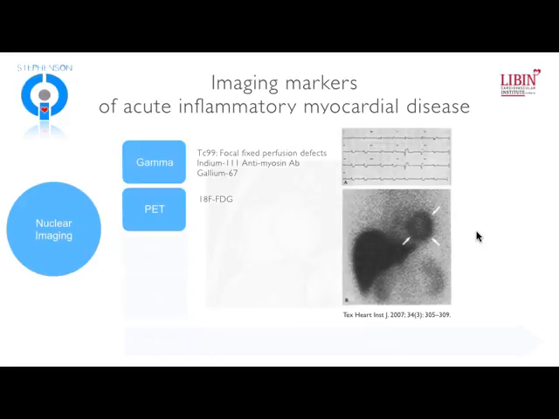value. Now, technetium would essentially show fixed perfusion abnormalities consistent with areas where there's very little perfusion with either necrosis or scar. That can be argued as to how much value there is in differentiating versus, say, an ischemic injury. But gallium had the potential to actually identify areas with increased metabolic activity associated with activation of the immune cell lines. So that actually had some early promise.